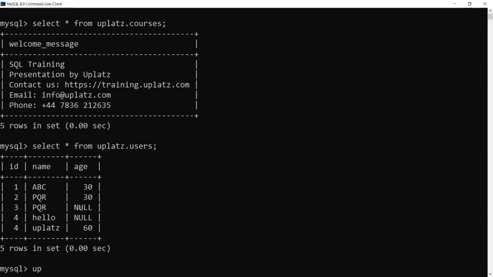So I will write something like this. I'll update the table that I want to update, so it is uplads.users. I will set my age to, let's say, 100, where ID is equal to 3. Now what this will do is it will update the table uplads.users. Then we have to give the parameter where we are setting the age, where the modification is required. So I'll set my age column to 100 or whatever value you wish to set. And this is the filter condition, that should this value age equal to 100 be set for one particular record or for all the records. So when I run this,